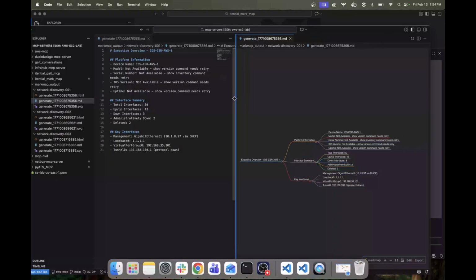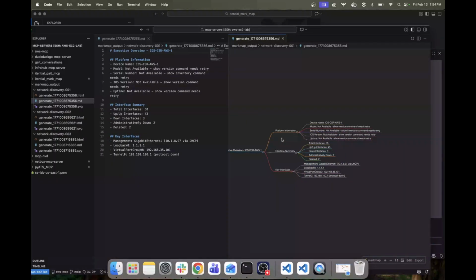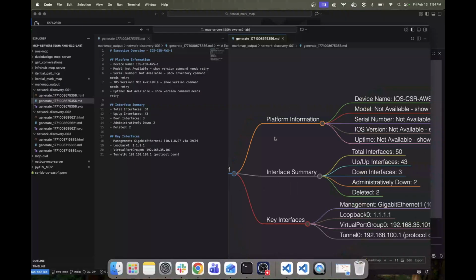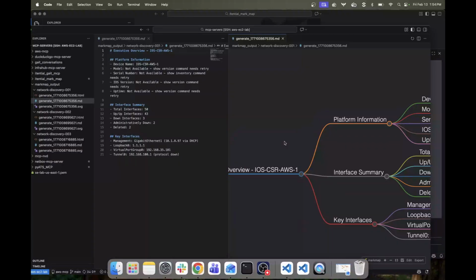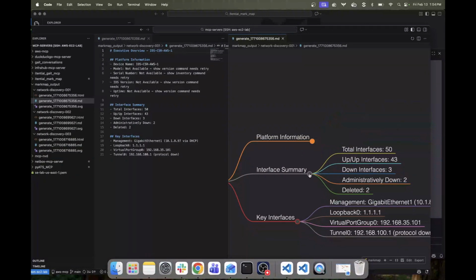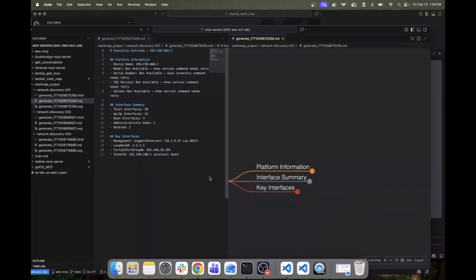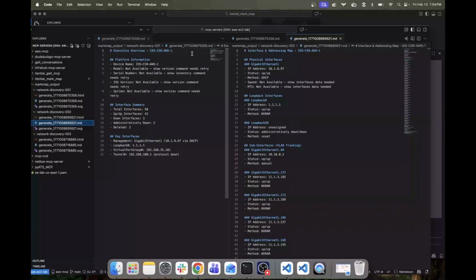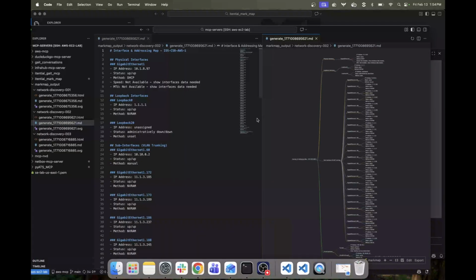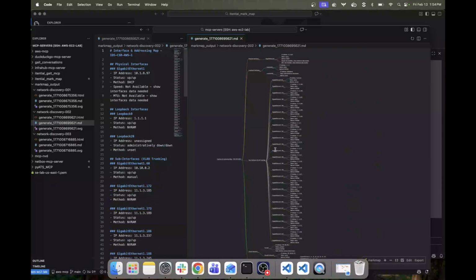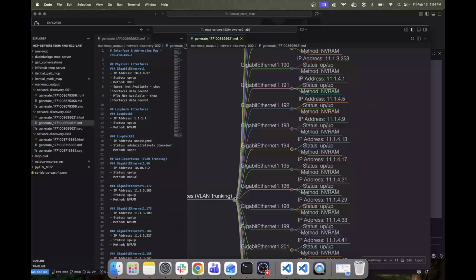Right, so this is the platform information, the interface summary, and some key interfaces about this device. Right, in less than 2 minutes, it discovered all of this information with PyATS and used the MarkMap. Now we're going to go to one of the more detailed MarkMaps here, and we can just collapse that, right,